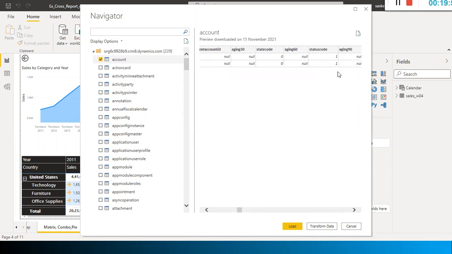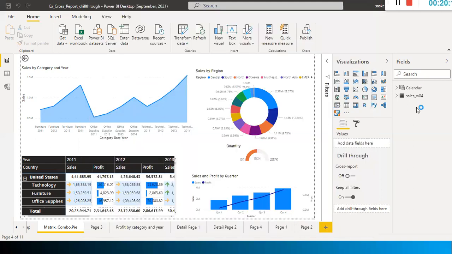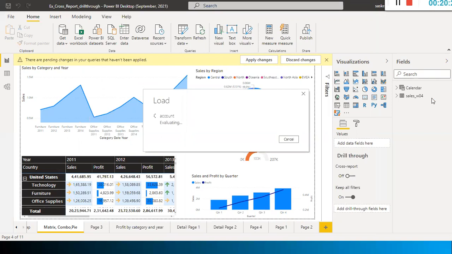Look here, these are the data that are available in my account table. My account table is available in Power Apps. In Power Apps, you have something called database. That is where the account table is located. And this data, I wanted to import it here. I just click Load. Look here on the right side, you will find the account table shortly. It's trying to import the account table from the Dataverse cloud.